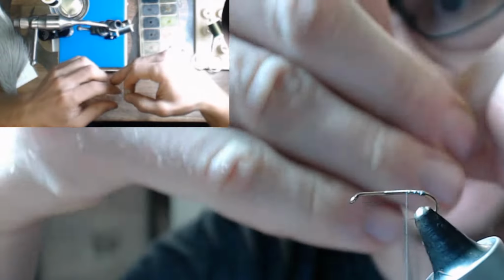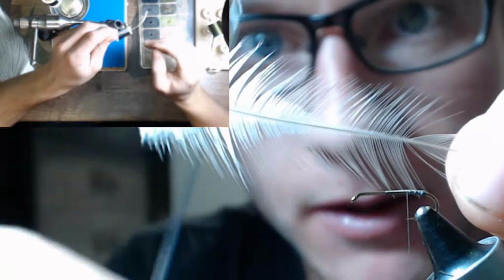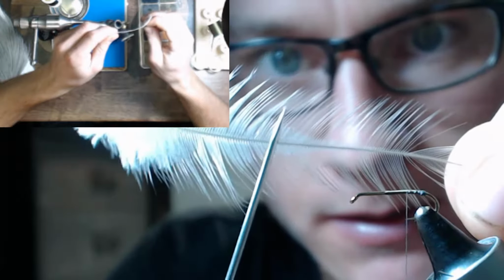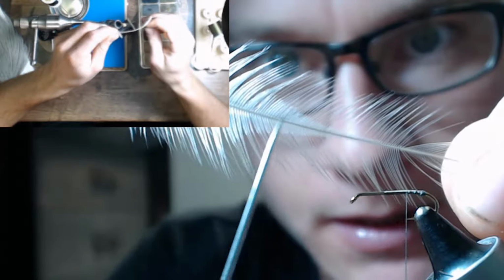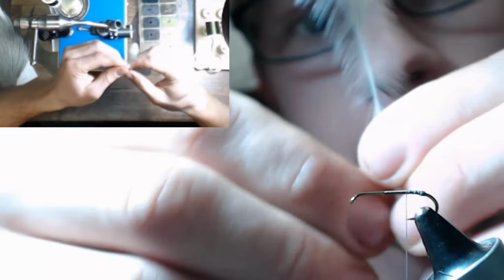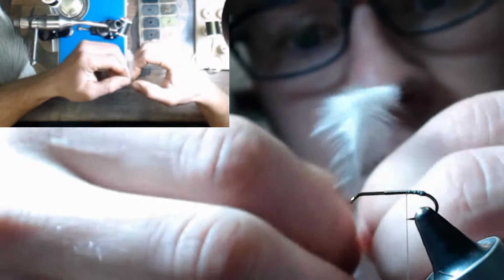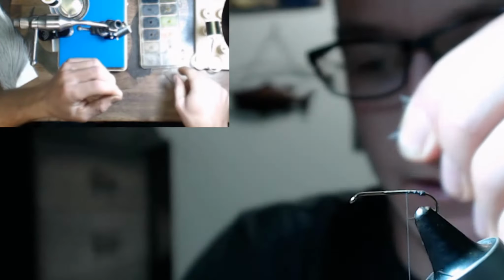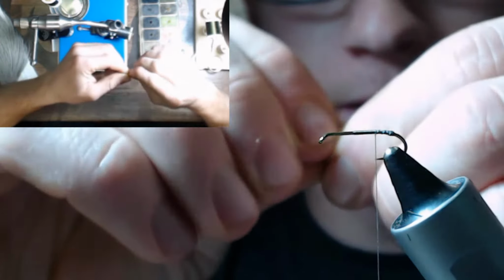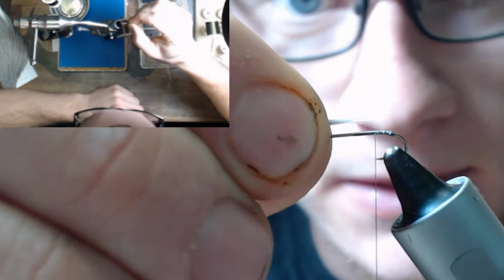I'm just taking these fibers and stroking them up to where you can see how there is some webbing right here, and you don't want any of those fibers with the webbing on it for your tails. You want really stiff tails. So I'm going to take a pinch of the fibers without the webbing in it, and I'm going to come in here and do a quick little measurement